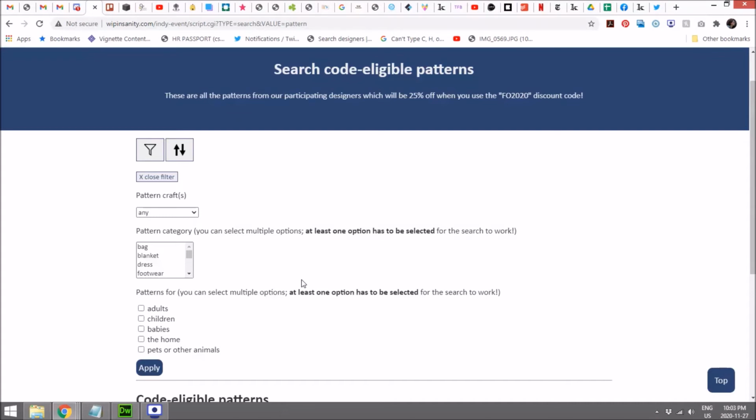So for example, I am on a PC, and if I want to select multiple options, let's say I want to select a blanket and I also want to select footwear, I press the control key and then click on it, and it selects both of them. But for example, Mac users don't have a control key. Although I do understand from talking to Mac users that the command key plays the same function.